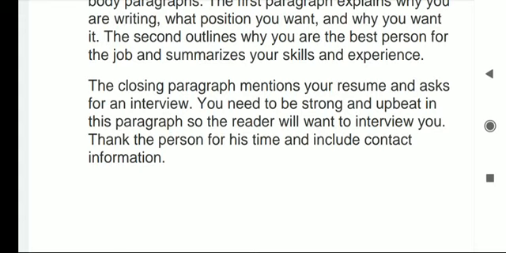You need to be strong and upbeat in this paragraph, so the reader will want to interview you. Thank the person for the time and include contact information. This was about